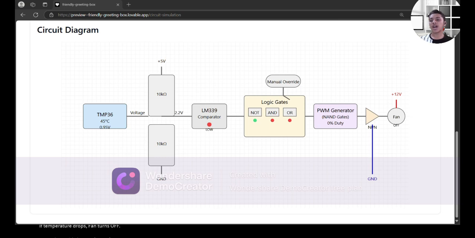Here you see the circuit diagram. TMP36 temperature sensor is directly connected to the LM339 comparator with a reference voltage of 2.2 volt or 2.25 volt, and it connects to the logic gates for manual override, and then PWM is generated by the NAND gate, and then you can see the